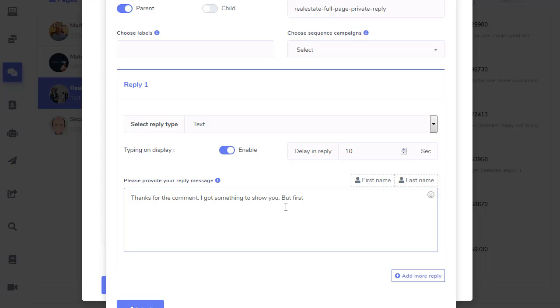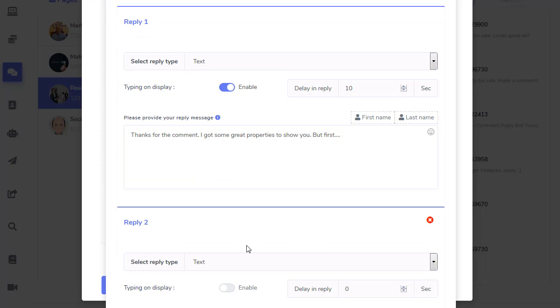And it says, thanks for the comment. I got something to show you. But first, let me go again here. I got something great. I got some great properties to show you. But first,